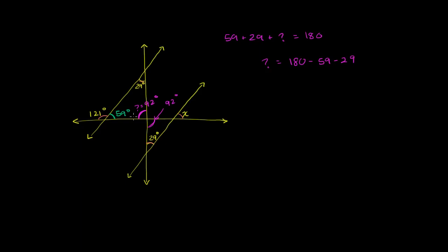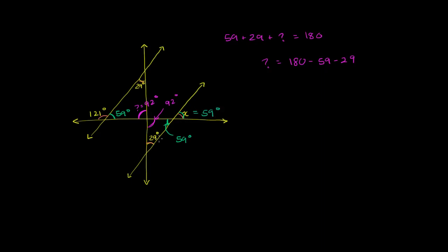And we don't even have to do any math here because it's essentially the exact same angles that we have in this triangle right over here. We have a 92 degree angle, we have a 29 degree angle, and the other one is 59 degrees. So in this case, it has to be also 59 degrees because over here they added up to 180, so over here they'll also add up to 180. So that will also get us to 59 degrees. We could just get that by taking 180, subtracting 29, subtracting 92. And then if this is 59 degrees, then this angle is also going to be 59 degrees because they are vertical angles. So we're done. X is equal to